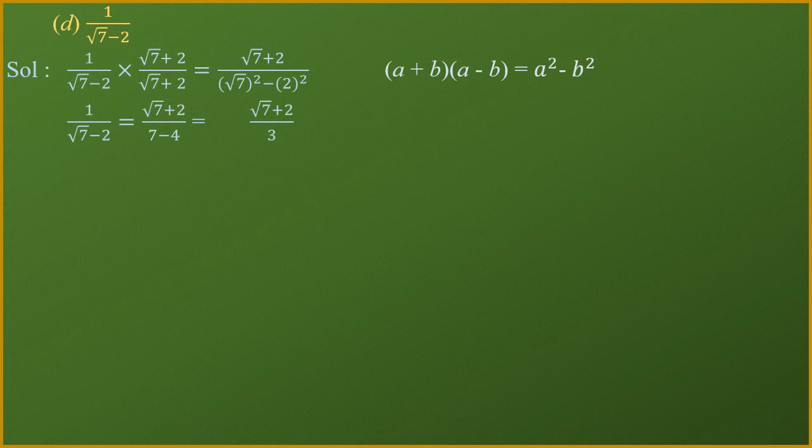Okay, so this will be your answer of the last part. As you can see, the denominator is now becoming a completely rational number. However, one thing you note here: the numerator is becoming irrational. In the question, 1 was given, which was rational, and root of 7 minus 2, which was irrational. So we have changed the situation. Only the numerator is becoming irrational while the denominator is now a rational number. So whatever the task was given to us, we have executed, right?